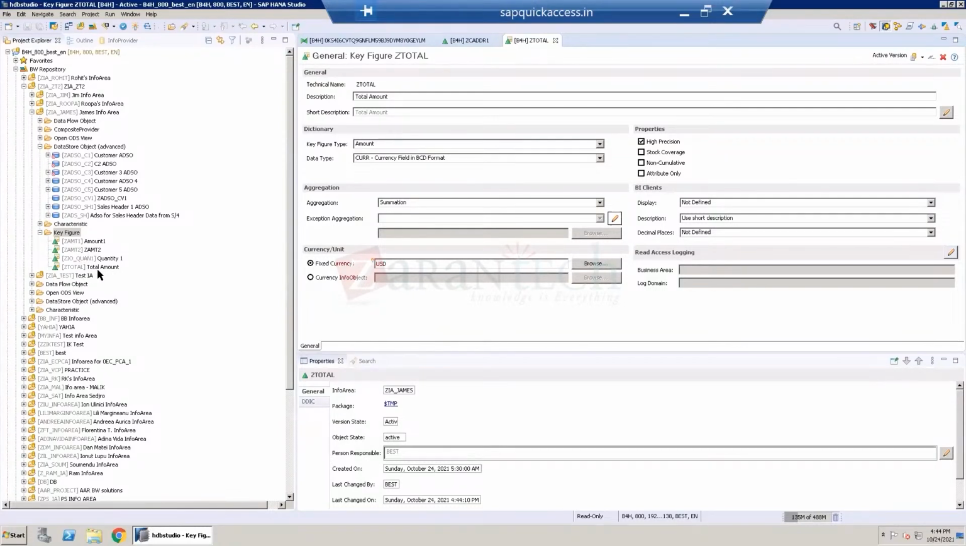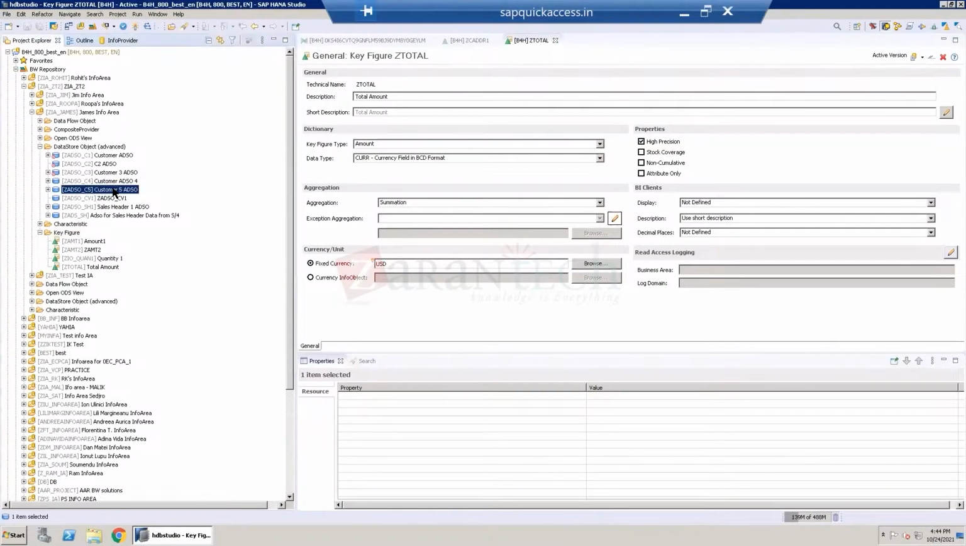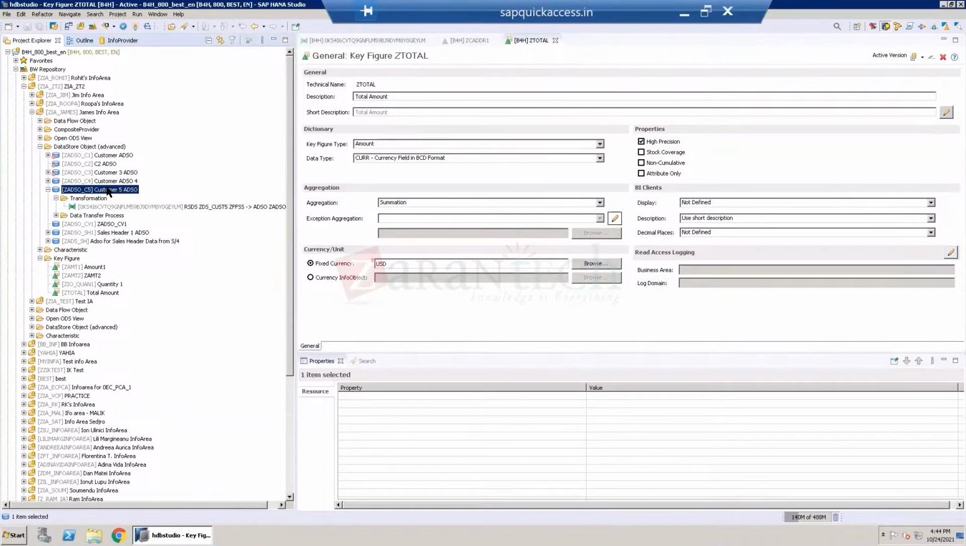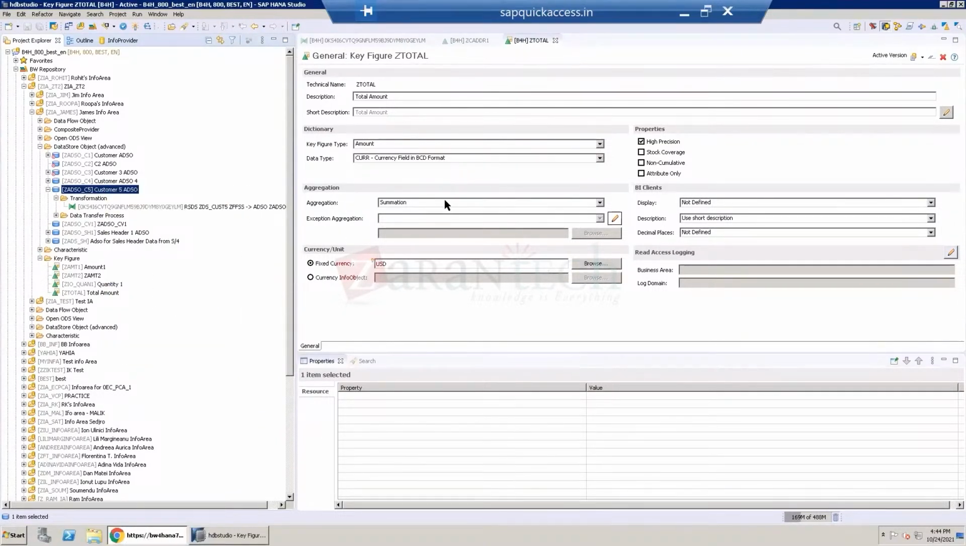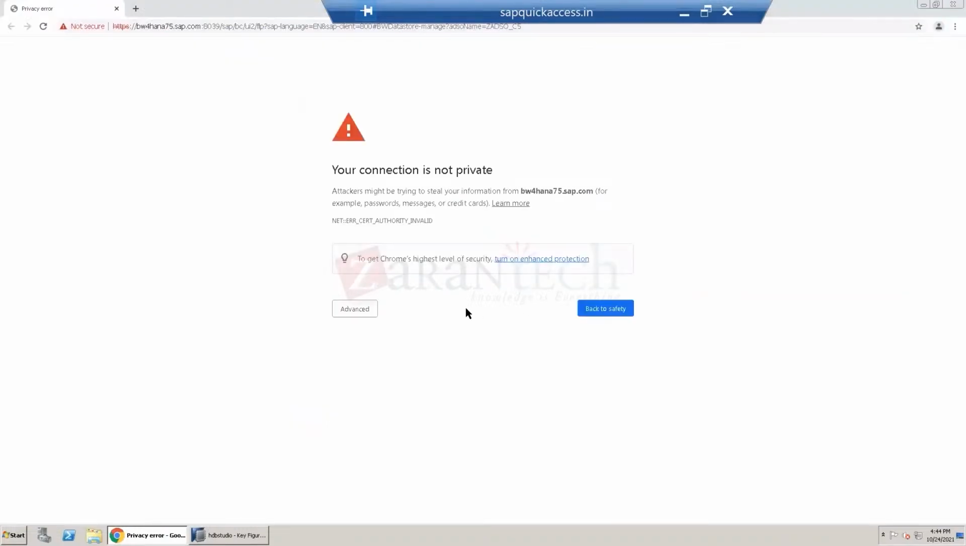Okay. Now I want to use this info object in our ADSO. This ADSO, I'm going to append this ADSO with new field. Okay. If you see the manage data store object of the ADSO, probably